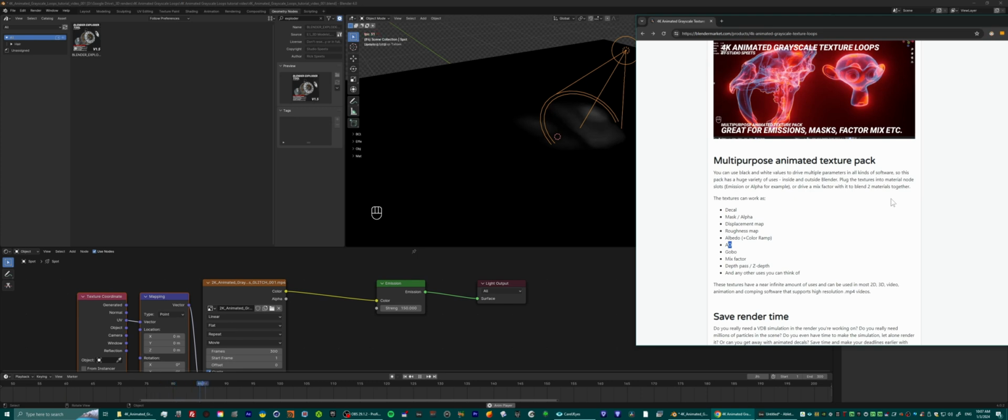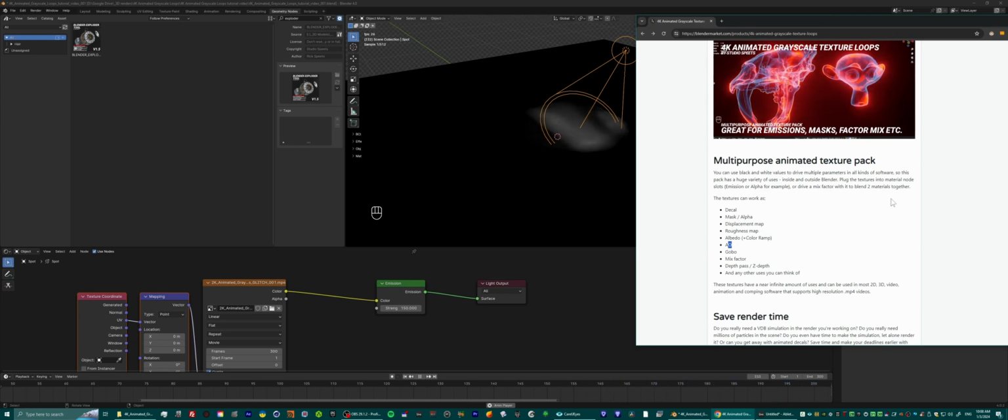You could use it in your favorite video or animation software as well. Game development engines that support MP4 videos, comping software, anything that supports MP4 should be able to open these. So yeah, feel free to use them there as well. You could use them as overlays, masks,